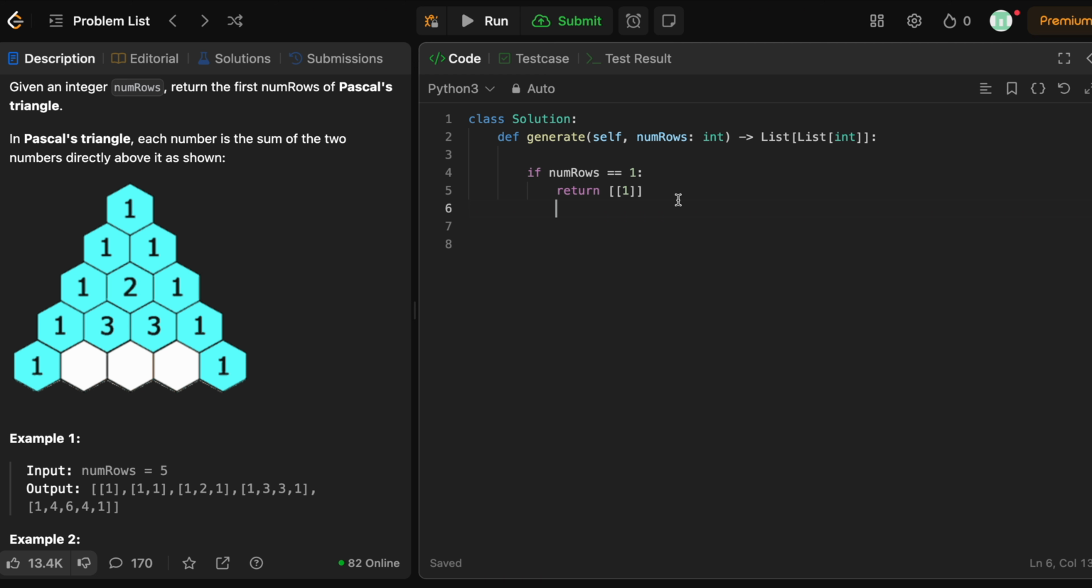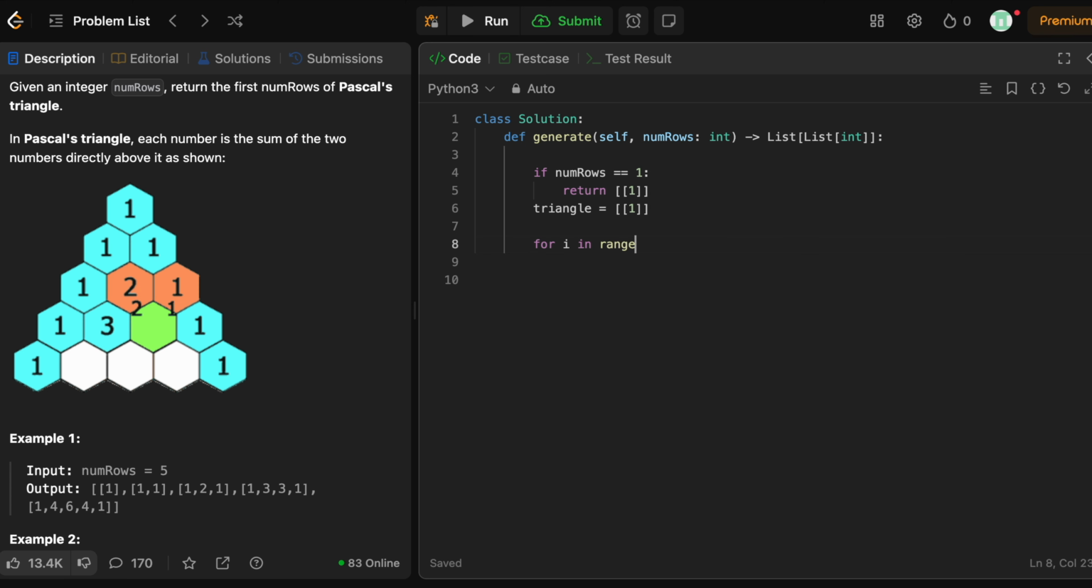And then we're going to initialize the triangle now with our first element or first row. So this serves as our starting point for building the subsequent rows. And now we're going to generate the rows. We're going to use a for loop to generate the rows starting from the second row, which is i equal to 1. So for i in range 1 until our num rows,